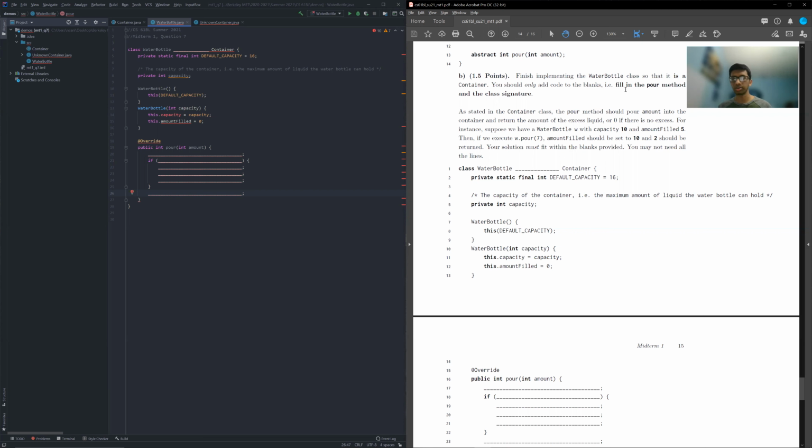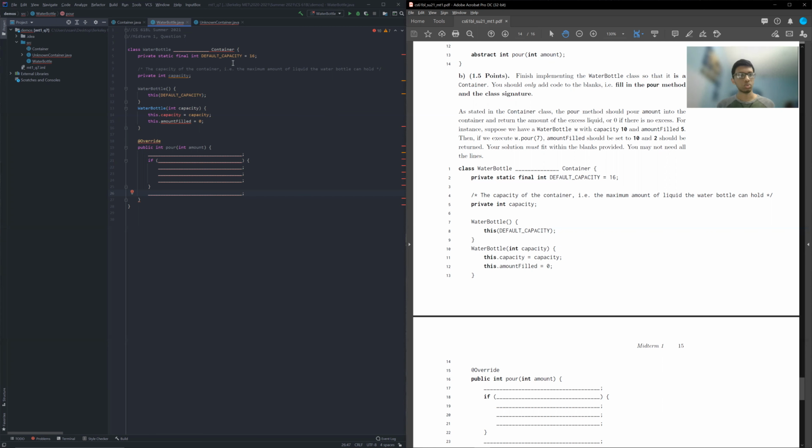So if it overflows, how do we determine if it overflows? Well, there's a capacity associated with it. And then it gives us an example. Maybe we can use the example. So if you're doing this at home, or if you haven't done this question yet for some reason, I would strongly encourage you to try drawing this out. I'm going to be going through this example at the very end to show why our solution works. But I think it's very useful on paper to just go through the example and understand what's going on. Specifically in this case, if we had the amount filled as 5 and then we're pouring in 7, now we have 12. And since 12 is over the capacity of 10 by 2, we return 2 and we keep the capacity at 10.